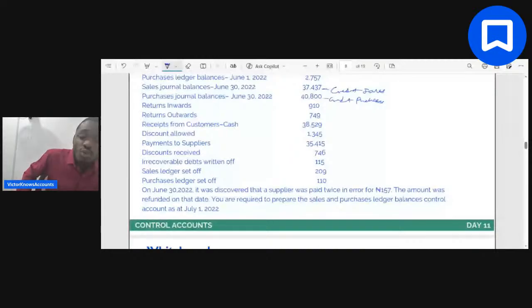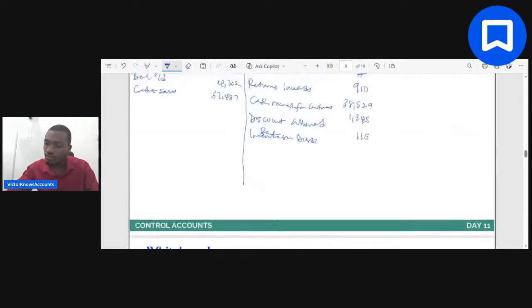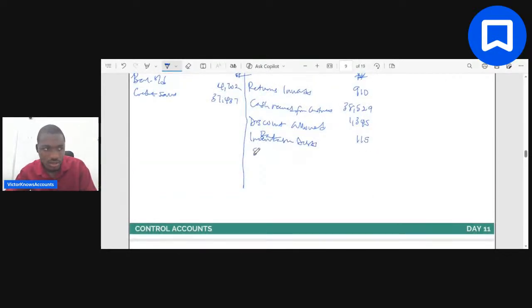It happens when we have to set the sales ledger off against the purchases ledger. So that means that we have a customer that is both a supplier and a customer. That means we have bought goods on credit from that same person. We have also sold goods on credit to that same person. So we are both owing each other. Do you understand that? So when you have set off, of course, set off is going to reduce the debt. So sales ledger set off, you have to put it on the credit side. Set off. How much? 209.